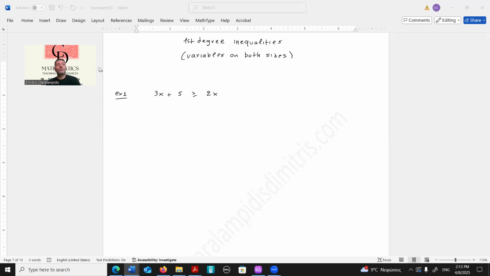Concept number one, to solve an inequality of first degree, I need to follow the exact same process I follow when solving equations of first degree. That is, separate all the variable terms from the constant terms, meaning separate all the terms that include x on one side of the inequality from everything else, which should be placed on the other side of the inequality. Then simplify like terms, and in the final part, divide both sides by the coefficient of x